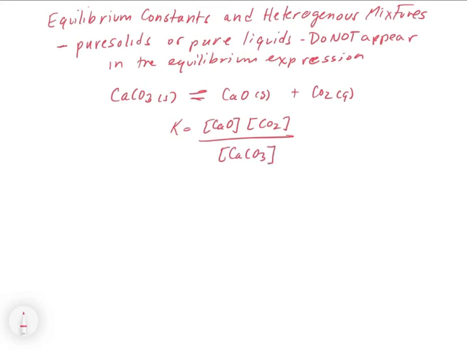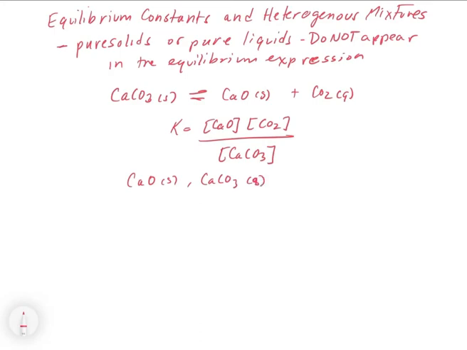And you would think that this would work out just fine because these are all compounds. However, there's a problem. The problem is that it's the concentration of a solid. It turns out that the concentration of a solid is actually just a constant. So if you think about it, for example, with calcium oxide solid and calcium carbonate solid,